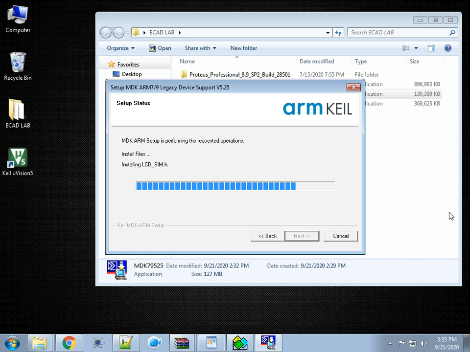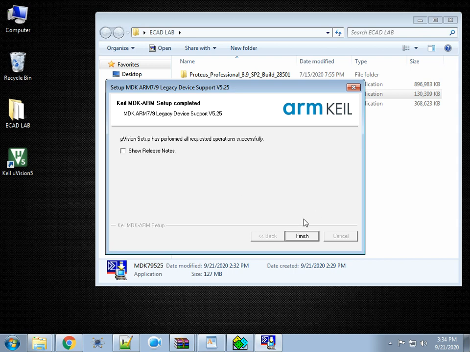I will show that and then stop the video. This is how to install on any platform like Windows or Linux, but most people use Windows only. It supports 32-bit as well as 64-bit, though generally people have 64-bit. Whether it is Windows 10 or Windows 7, no problem, but you need to follow the order. If you have a laptop or a desktop, no problem. This is the procedure for how to install Keil.